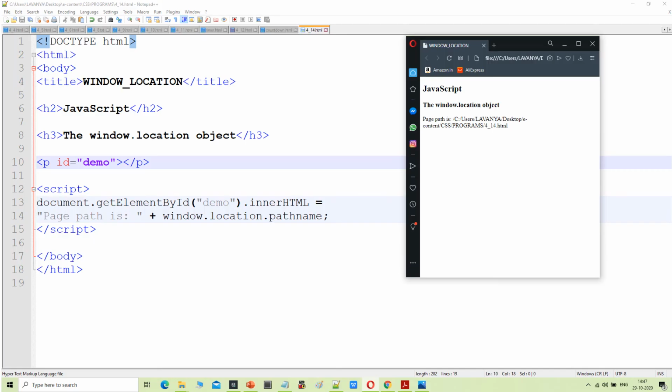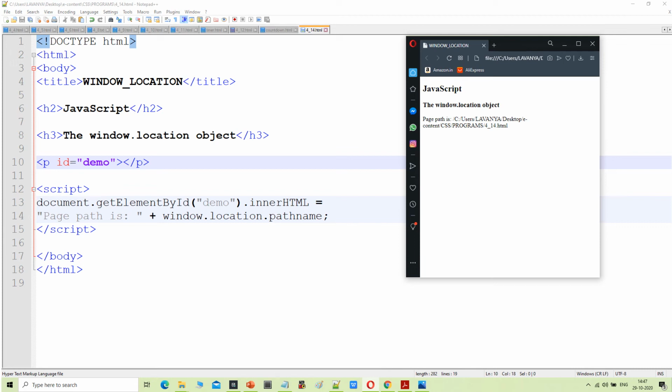This is the program for window location. DOCTYPE html tag, body tag, title tag. In the title tag there is a window location heading, JavaScript, the window.location object, and then in the script tag there is document.getElementById("demo").innerHTML equal to "Page path is " plus window.location.pathname.